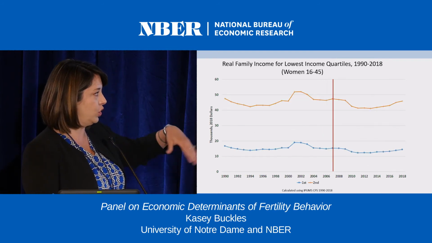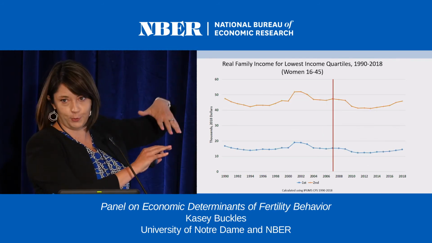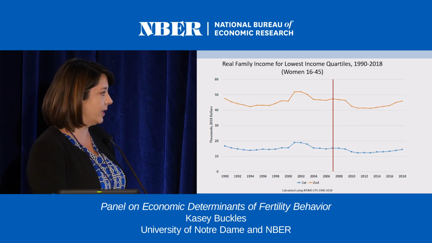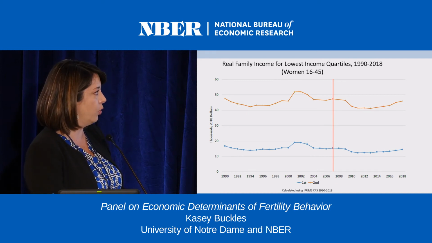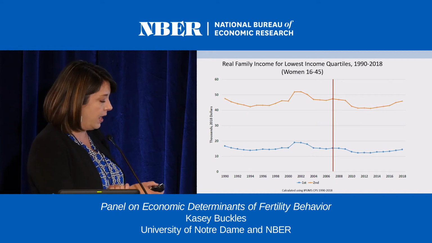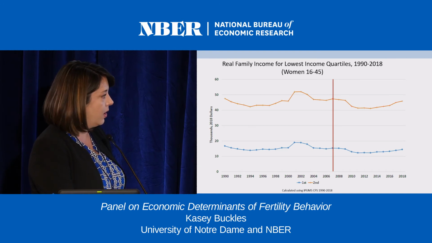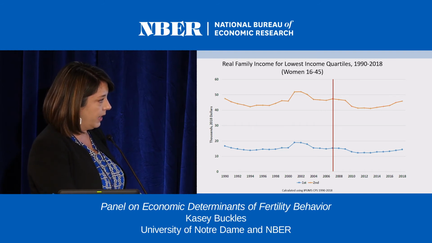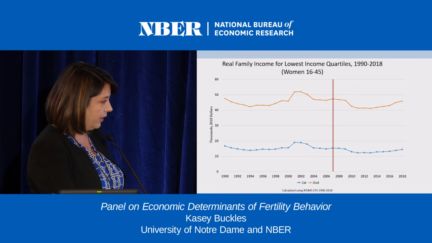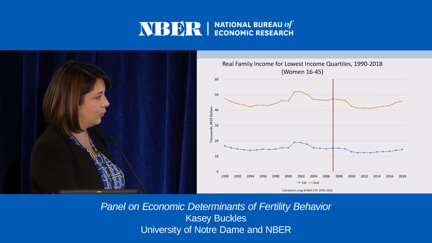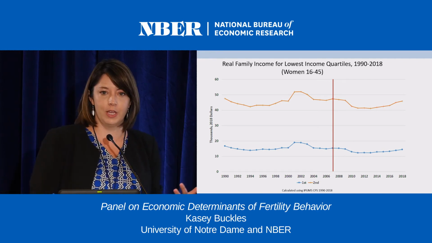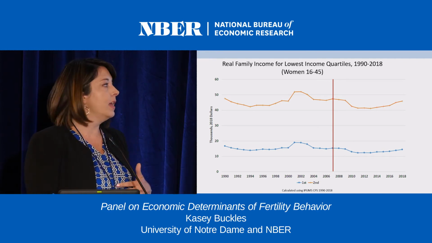So I'm going to switch here. This is the same picture, but just so we can see it a little bit better, changing the y-axis to look at the low quartiles here. For the lowest income quartile, we're getting the decline a little bit later when they reach their trough here, maybe 2013, 2014, and still not quite fully at the level that they were before, right?